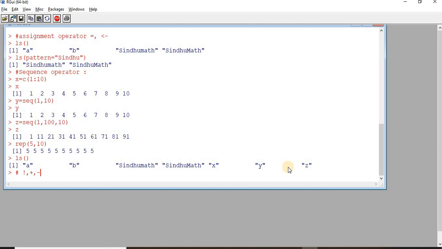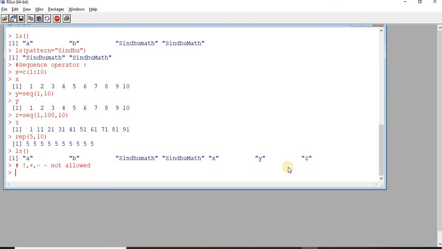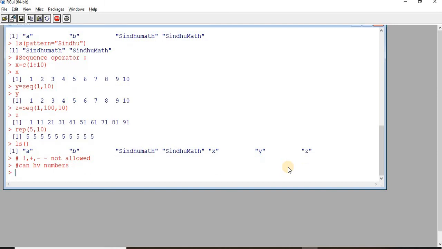The object name can have numbers, but it cannot start with a number. So these are a few things that we should know when we are creating an object.